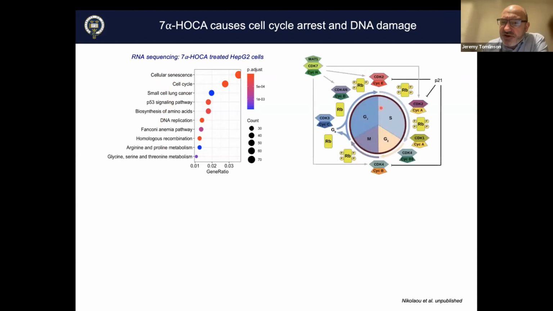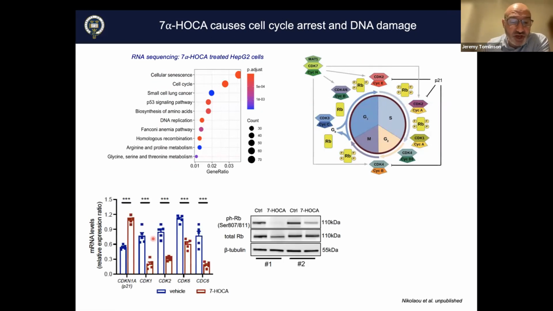And you'll remember the diagram that I've already shown you with these cyclin-dependent kinases, the phospho-RB and the P21 inhibiting this cell cycle progression. And that was all what we saw with AKR1D1. But interestingly, what we see with 7-HOCA replicates that very nicely, suggesting that this could be very important in manifesting the effects of AKR1D1 knockdown, because with HOCA treatment, not AKR1D1 knockdown, we see upregulation of P21, which is what we saw with the AKR1D1 knockdown. We saw downregulation of all the cyclin-dependent kinases with AKR1D1 knockdown. We see it also with